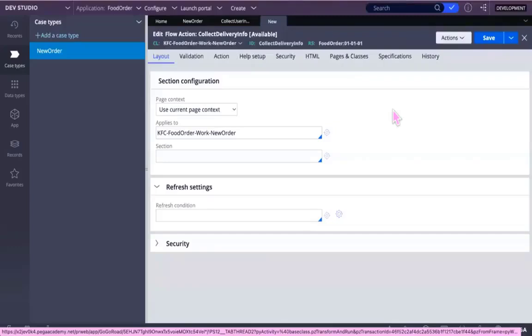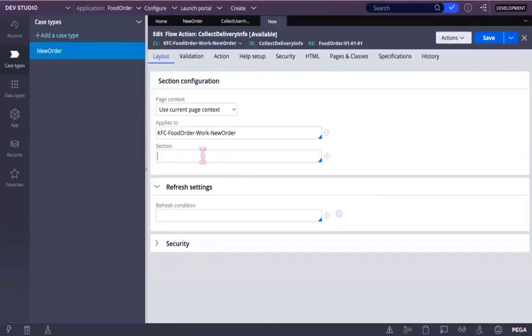Now you see, this is a flow action. Inside flow action, you will be having a section, right? See, there is a section. You just give some name like the collector, collect the address info or some meaningful name. You can open that one.